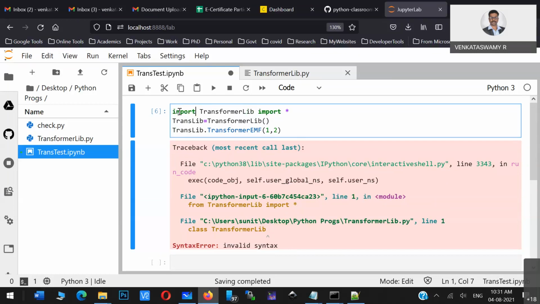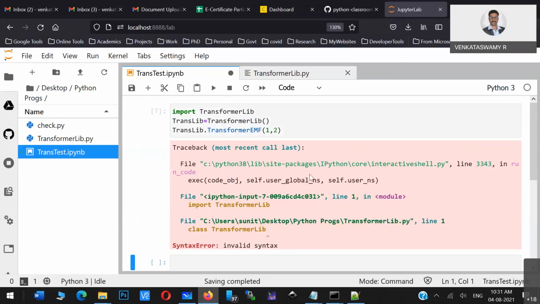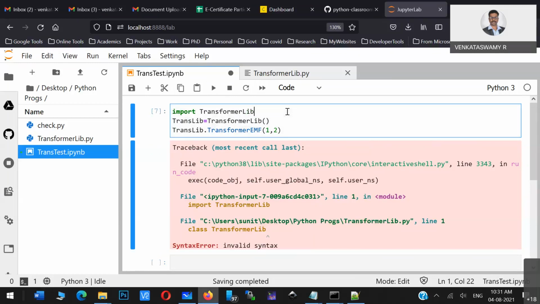I'll just try. Because I have a... yeah, so this is also not correct.